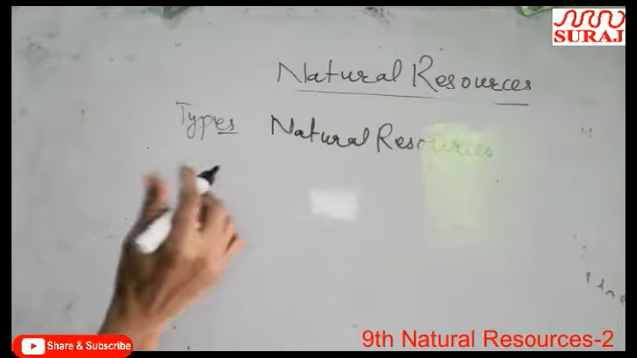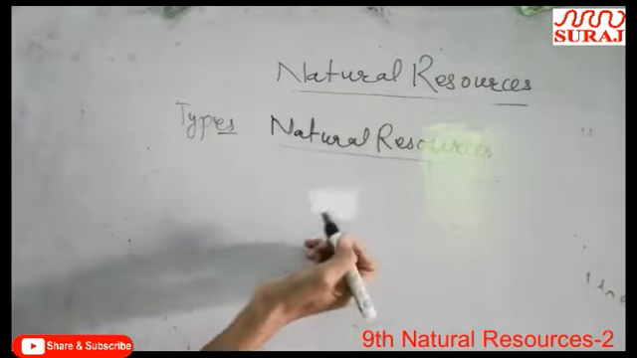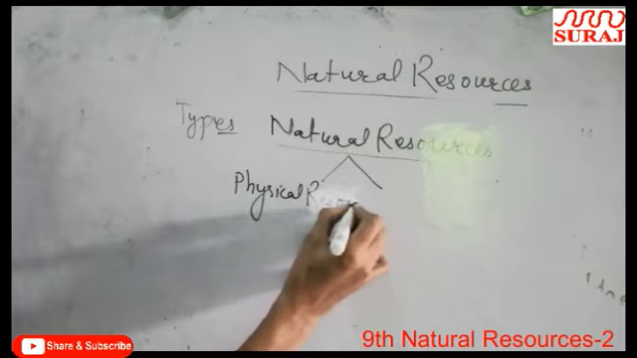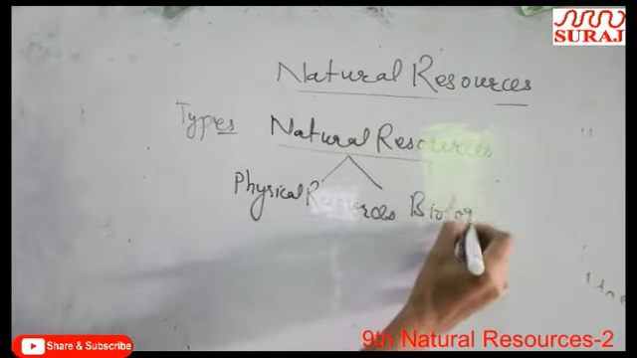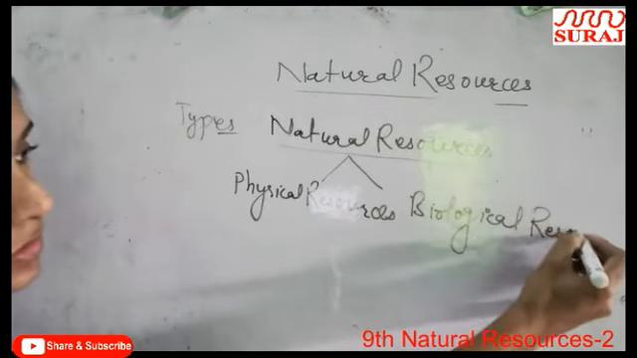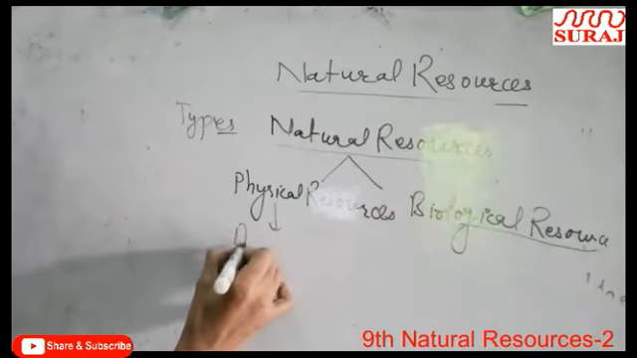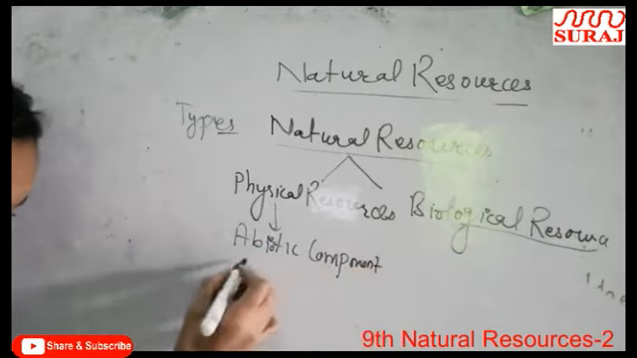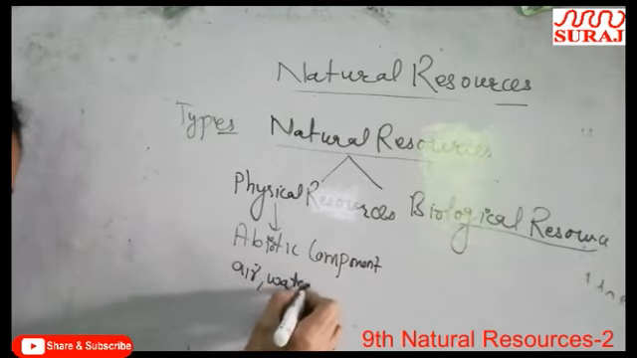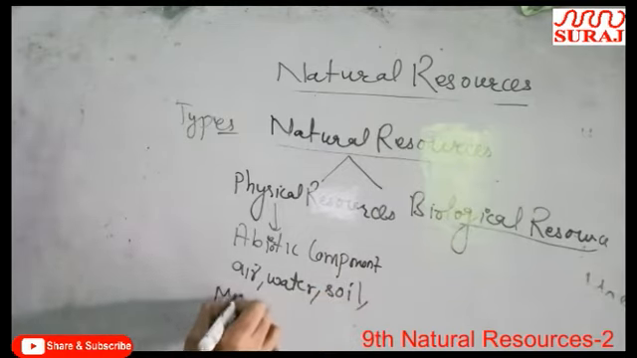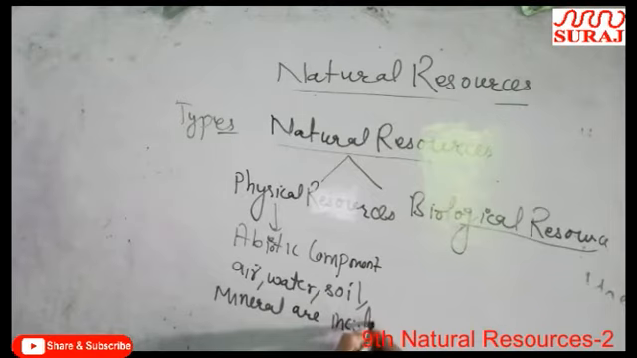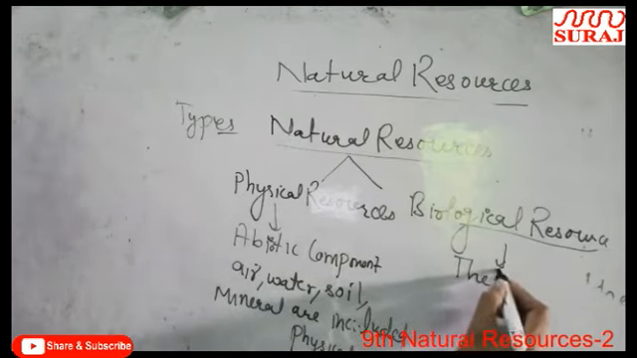Now we are discussing the types of natural resources. The natural resources may be physical resources as well as biological resources. In physical resources, all abiotic components like air, water, soil, minerals are included. Now biological resources, the living resources या the living